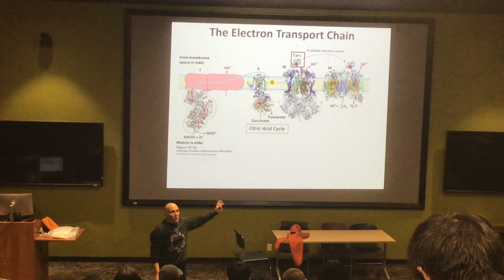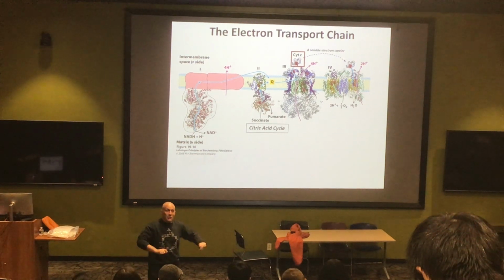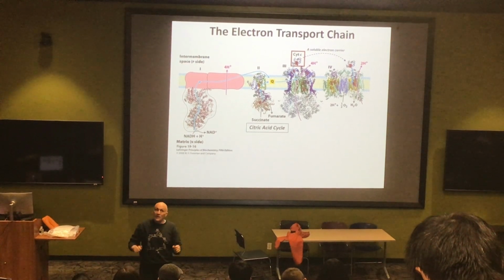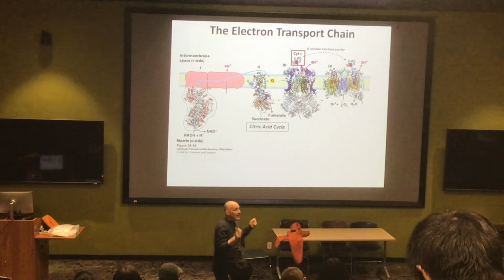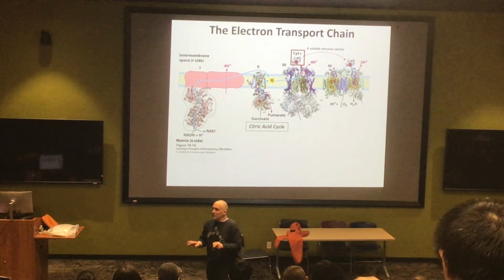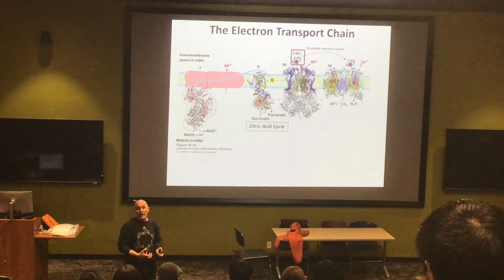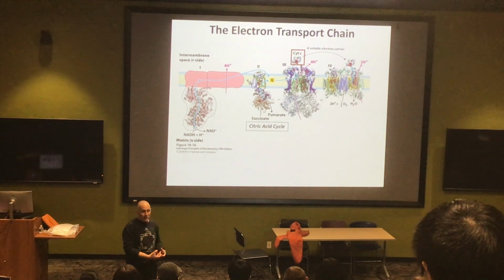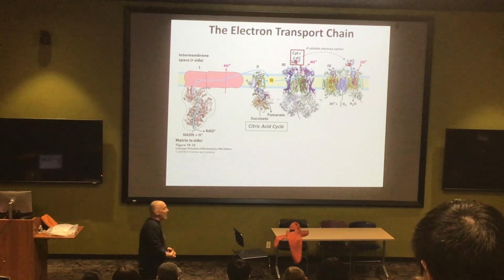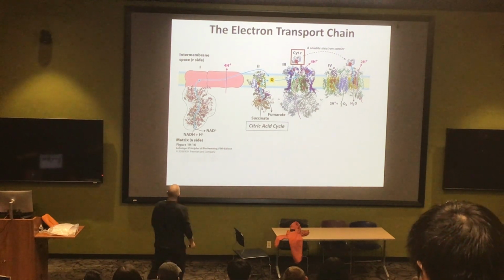We know we're moving them to a lower potential, which means energy is going to be released. The question is, what are we going to do with that energy? And the answer is, not make ATP now. We're a little bit away from that. Instead, we need to have an adapter. We need to put that energy into a form that can be used by an enzyme that synthesizes ATP, and that energy is going to turn out to be a proton gradient.